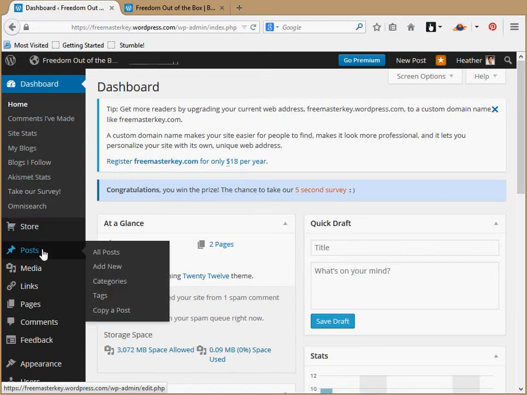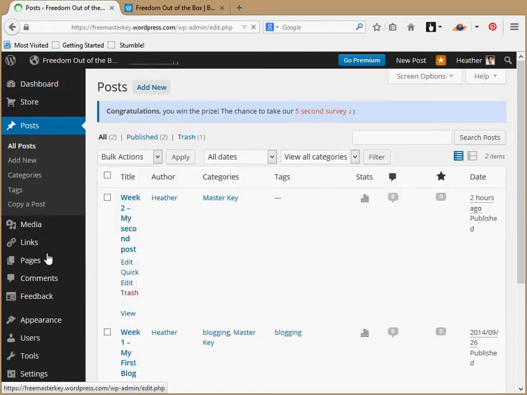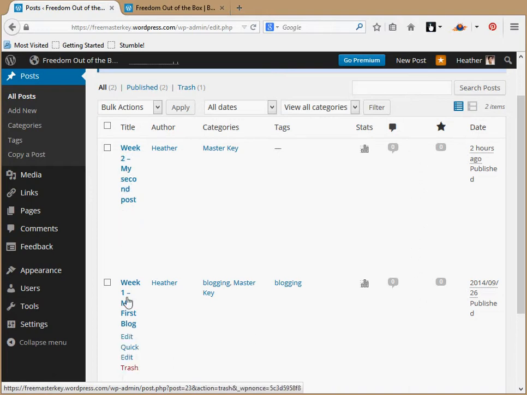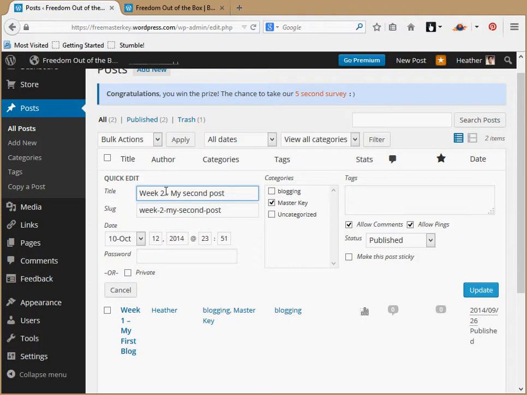So if I go into posts, and just clicking on posts will bring me to all posts, and it'll list the posts that I have. And like you saw, I have 2 posts, week 2 and week 1. And if I wanted to edit them, let's say I hadn't put week 2 and I just wanted to edit the title, I could either go into quick edit and edit the title there. See where you can edit the title, and you can also change,